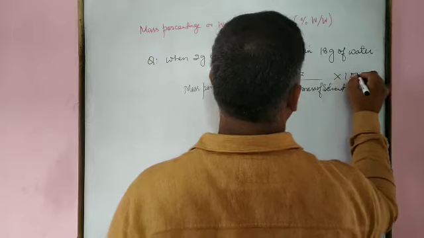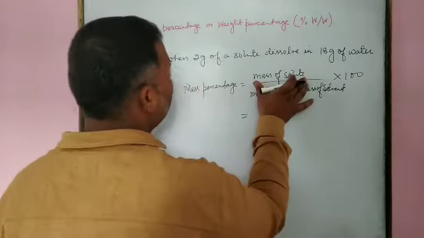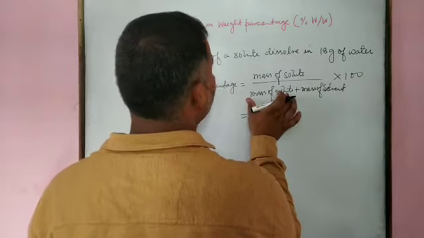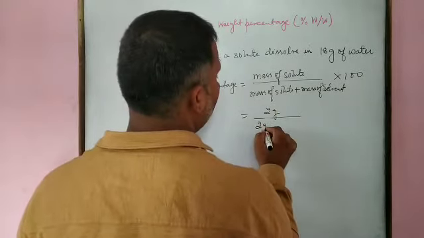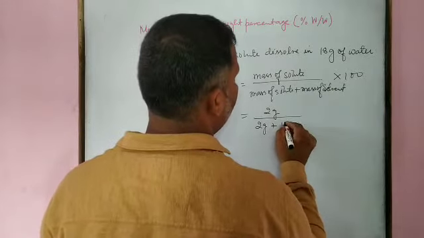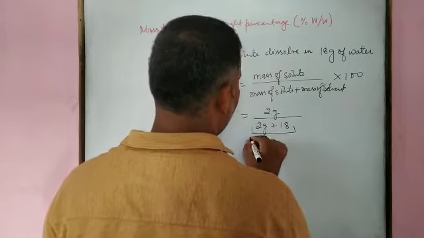Into 100. What do we have? Mass of solute, it is 2 gram. Mass of the solute here is 2 gram. Mass of the solvent we have 18 gram. Here what we have? Mass of